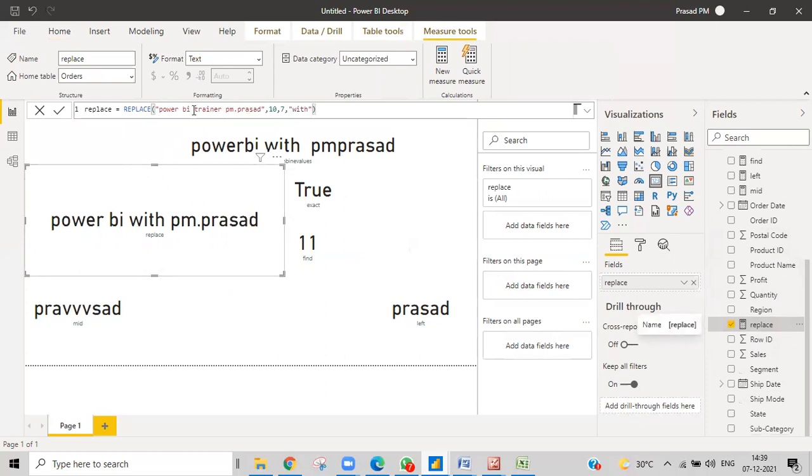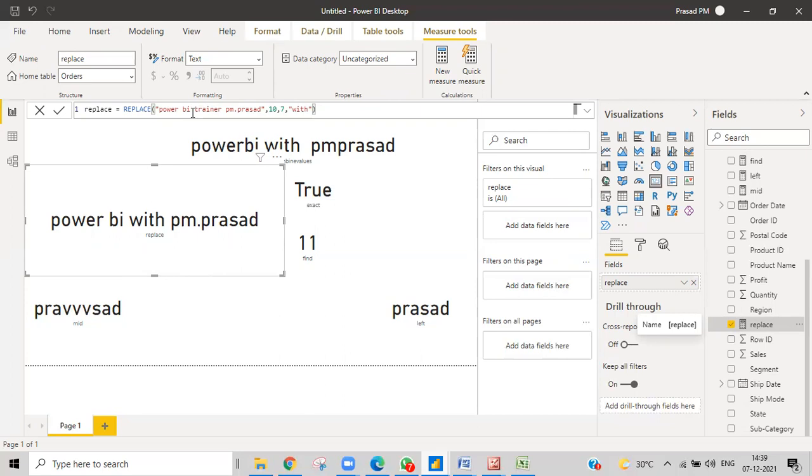Starting from this character, this position, I want to remove 7 characters, and at that place I want to replace it with whatever string I give over here. So it will remove the part that we want to remove and then replace the text in that position.